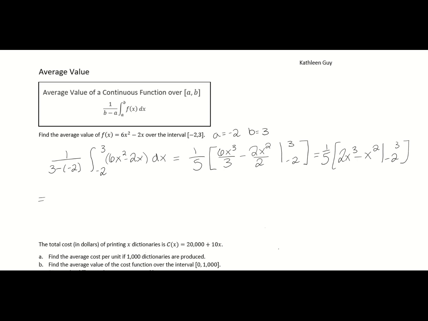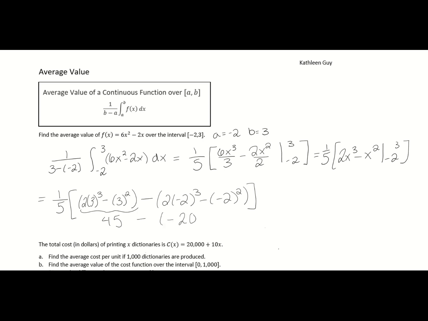And now I plug in. I use the fundamental theorem of calculus. So first I'll plug in 3. So I'm going to have 2 times 3 cubed minus 3 squared, minus 2 times negative 2 cubed minus negative 2 squared. And then you evaluate all of this. So this right here is going to give us 45, minus this right here is going to give us a negative 20,